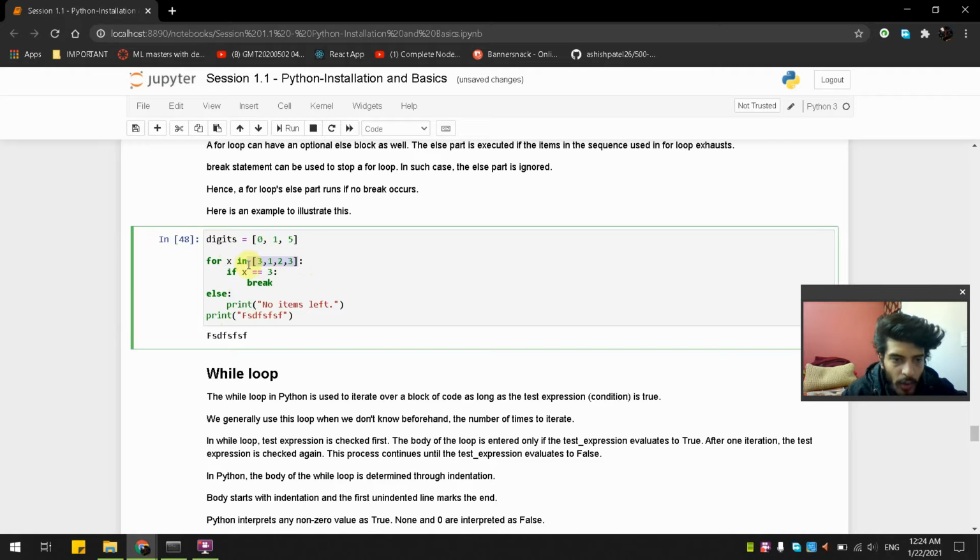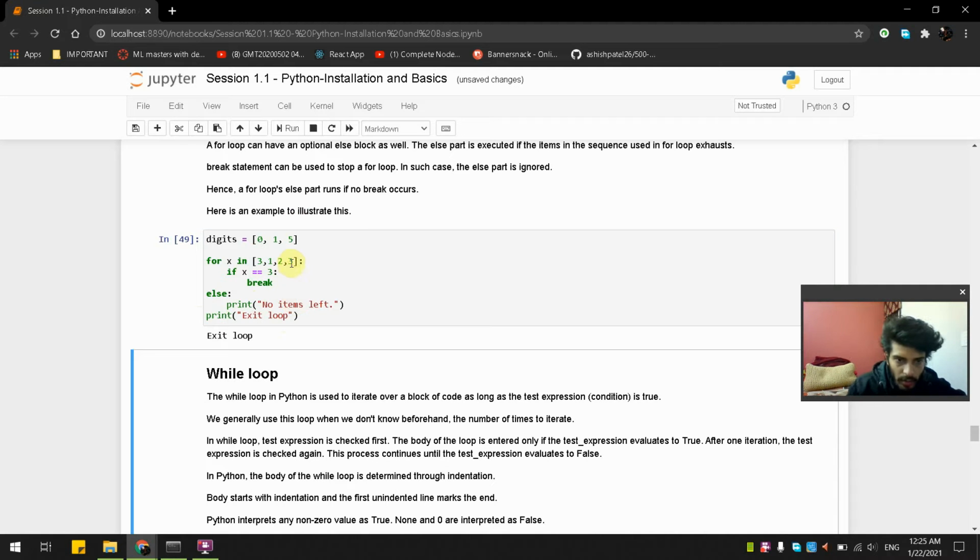In this list, we are checking if x double equal to 3, then break. We have x in our list, the first number 0, then it is directly breaking the whole loop, and it takes us directly to the print statement, which is exit from loop. I think I should write exit loop. It is exiting the loop.